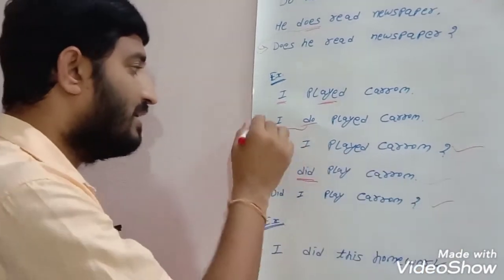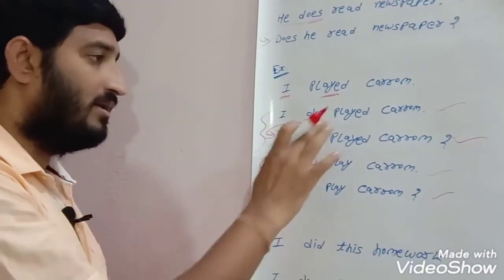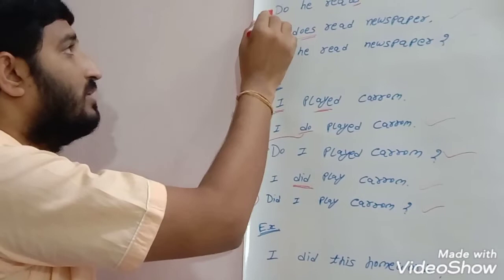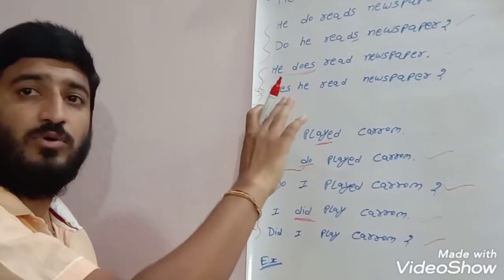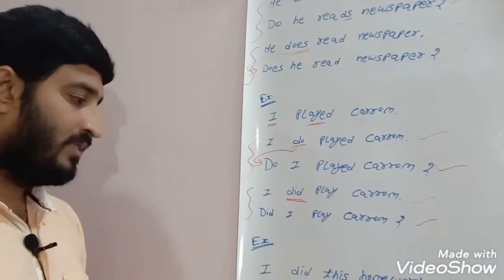These four are in one category. This is another one. Both are correct. In the previous one also, this is one category, this is one category. Both are also correct.